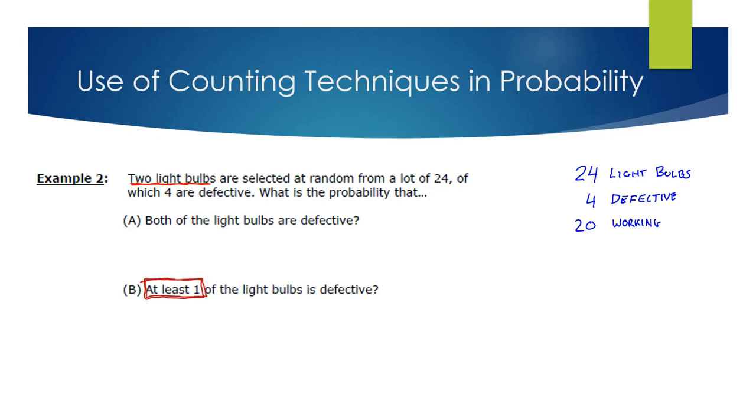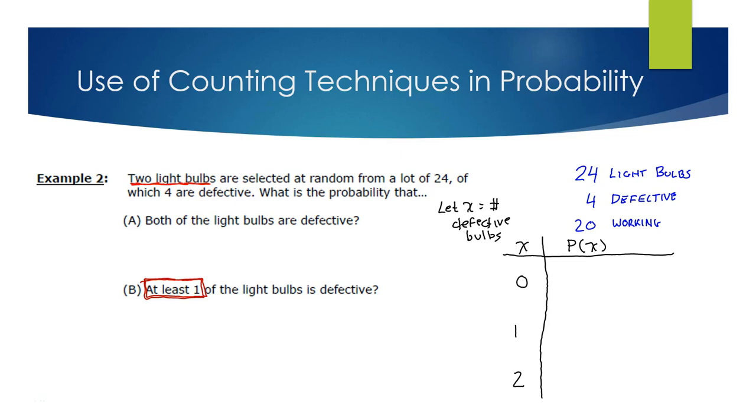I also see this "at least 1" at the bottom there, which can sometimes be a little bit on the complicated side, because that means 1 or more. And there are different ways of handling it. So for me to answer both these questions, it might be a good idea to set up a probability distribution table,